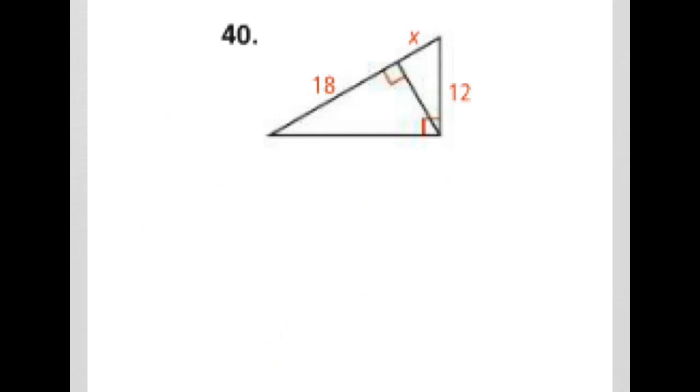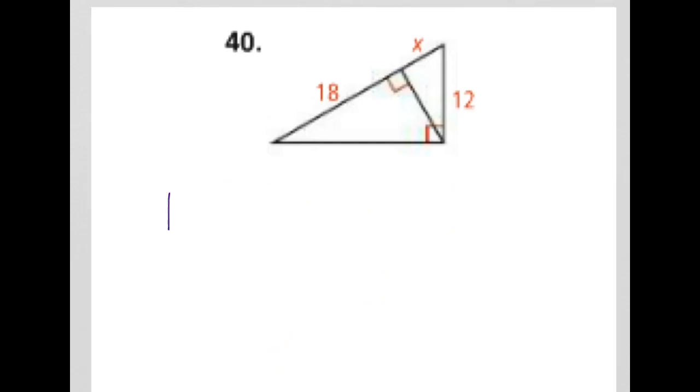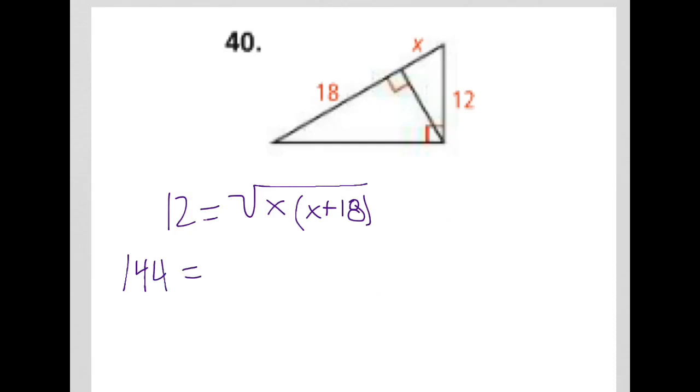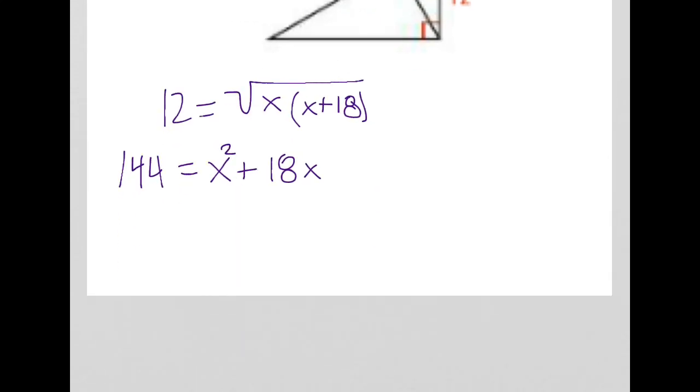Let's set this up. We know now that 12 is going to equal the square root of x times x plus 18. Just like that. And so we're going to get 12 squared is 144 equals x squared plus 18x. And so I've got 0 equals x squared plus 18x minus 144. Alright, so I don't necessarily know how to factor this in my head super easily, so I'm just going to